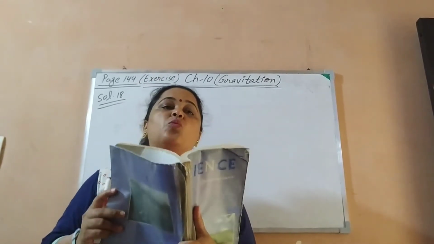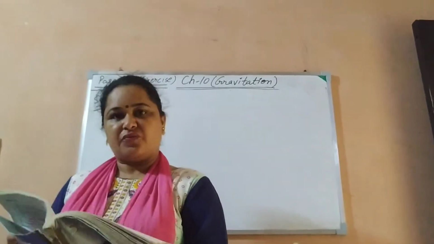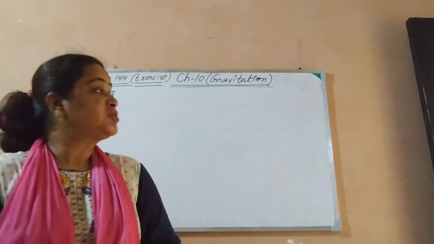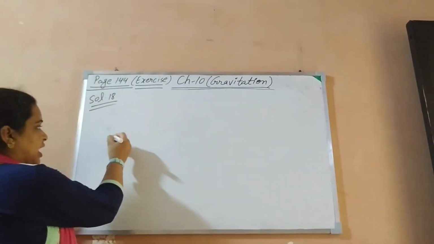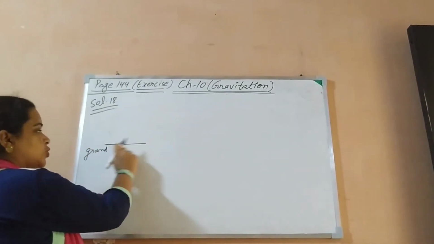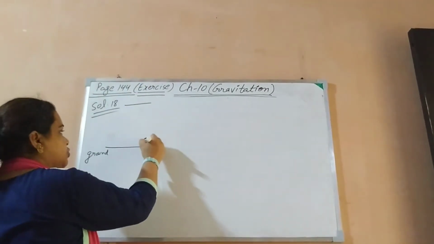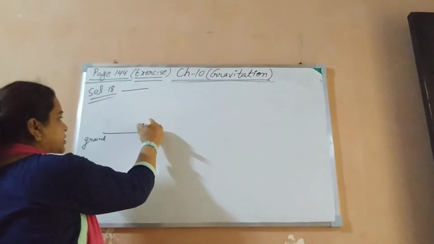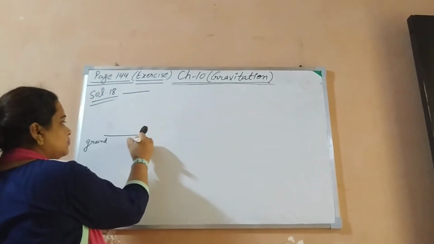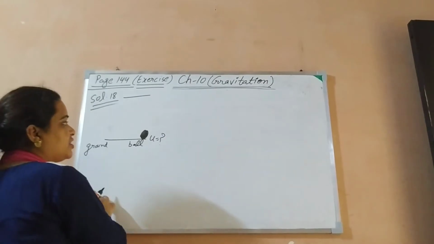What does it mean? In one question we have to do three parts. So let's start the solution of this question. First of all, what is the condition? I am showing you here with a diagram. The ground is here and the thrower is here. From here to the top, the ball is thrown. The thrower is on the ground and then he throws the ball with some velocity, which is not given.